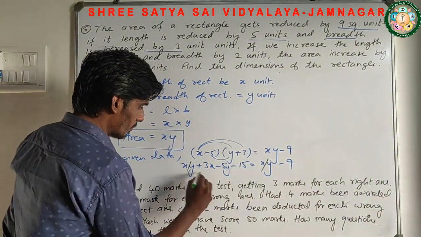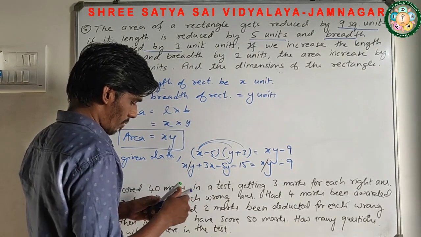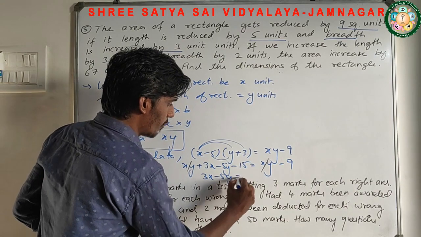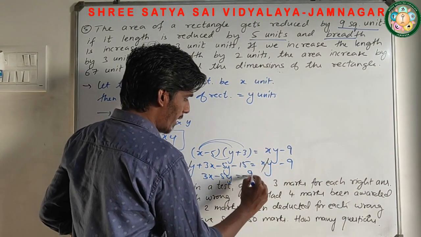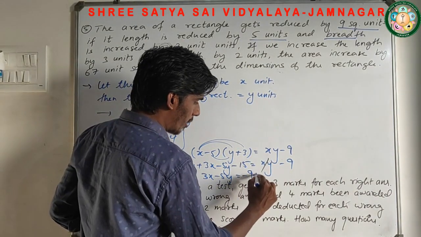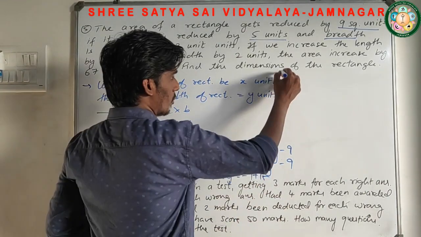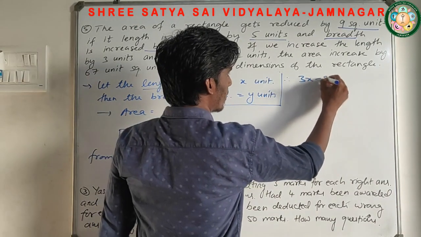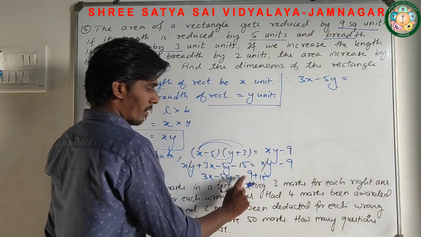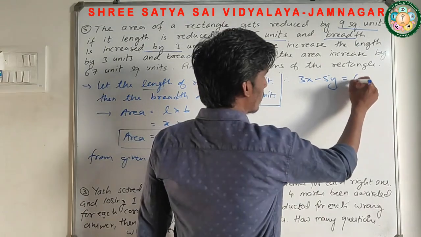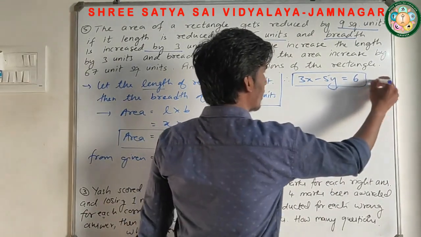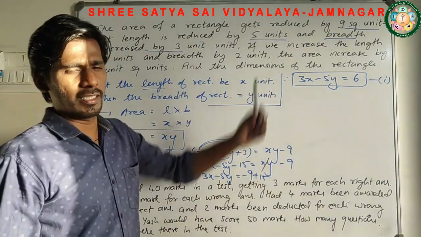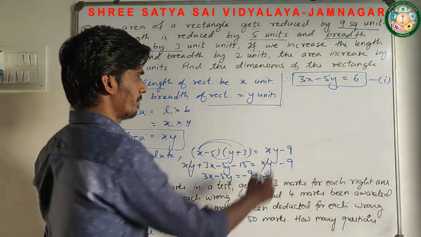So now from this we can write 3x minus 5y equals minus 9, and minus 15 उधर आएगा तो क्या हो जाएगा plus 15. So our first equation is what? Therefore 3x minus 5y equals minus 9 plus 15, which is 6. This is equation 1. जहाँ पे लेंथ रिड्यूस हुआ, ब्रेथ इंक्रीज हुआ. Similarly we can write